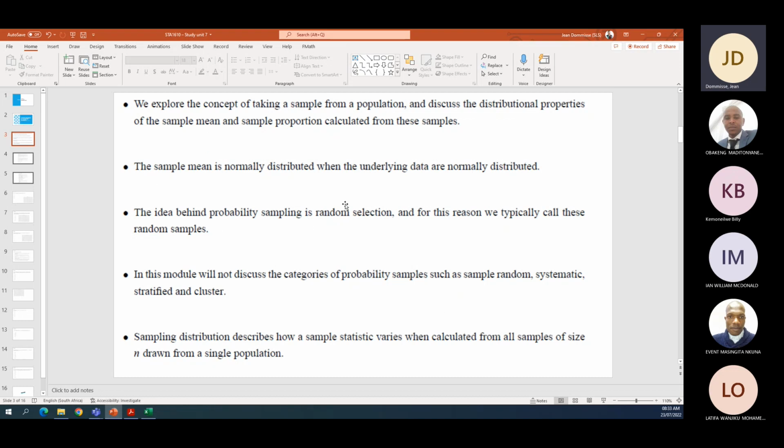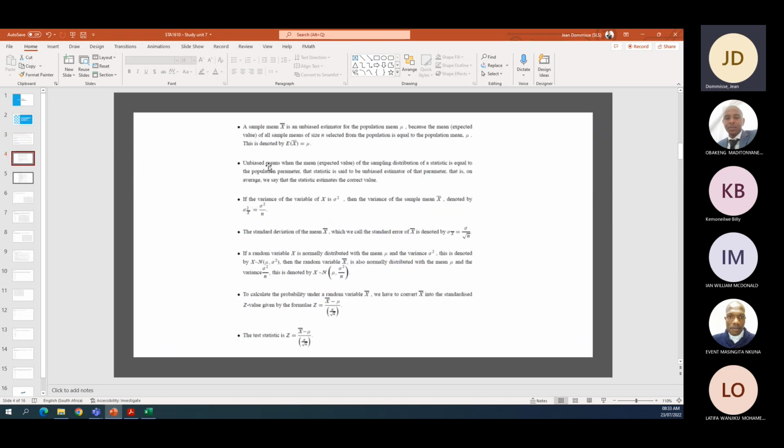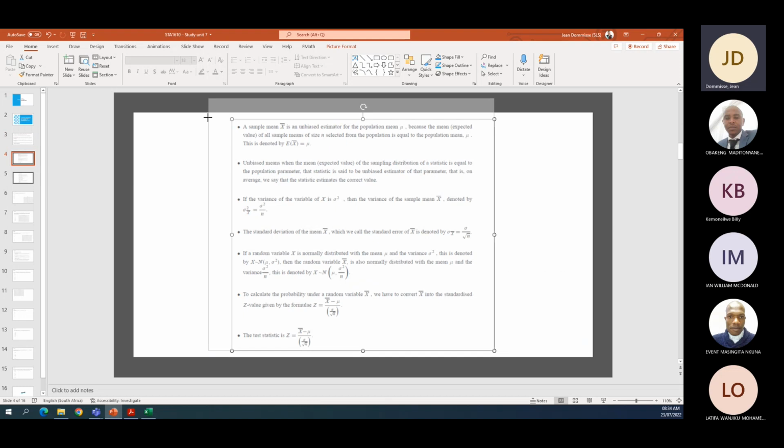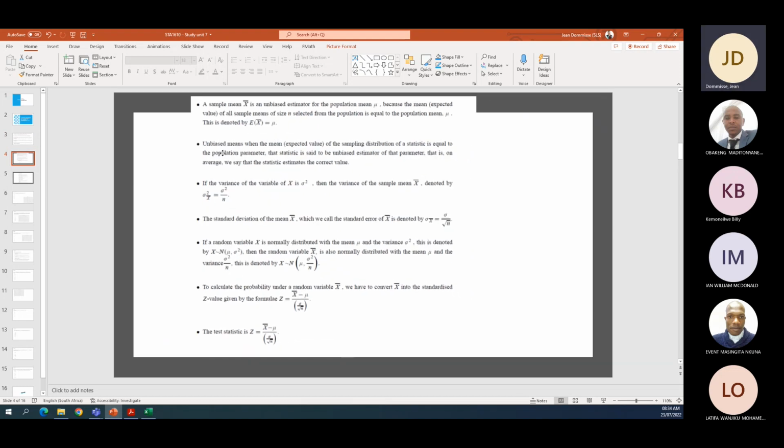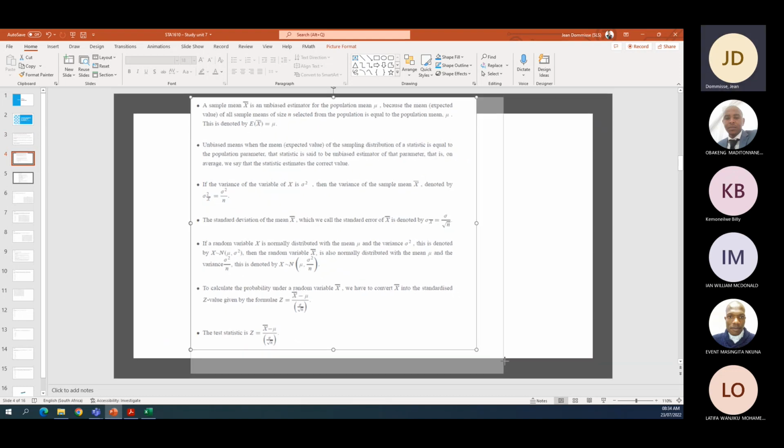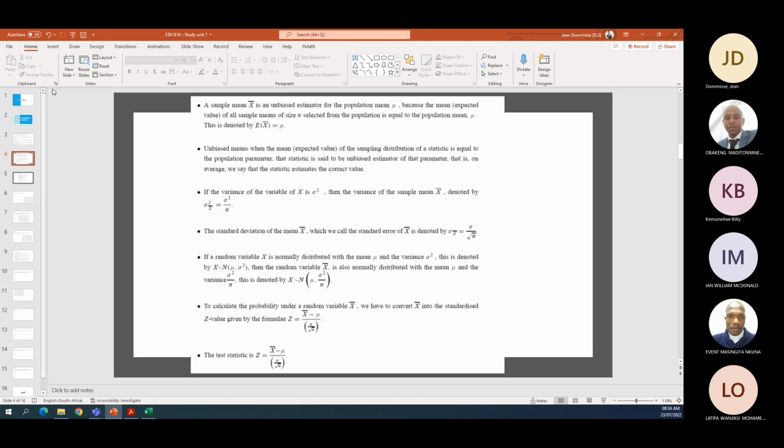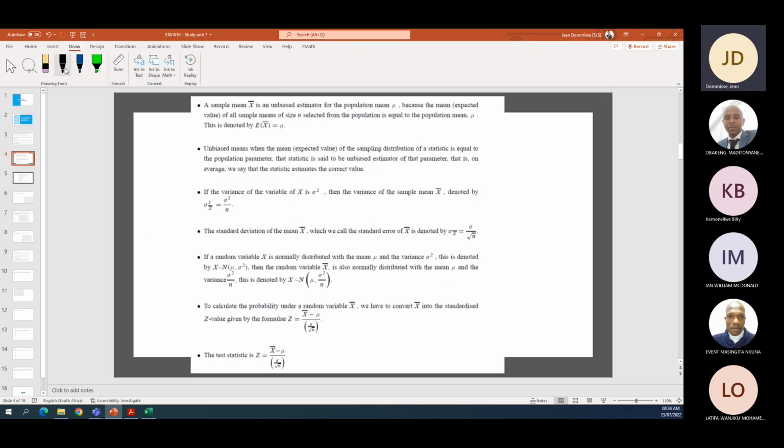So in this first slide, not a lot that we need to be aware of. It is more in the second one where you'll see that we start. I want to just show you